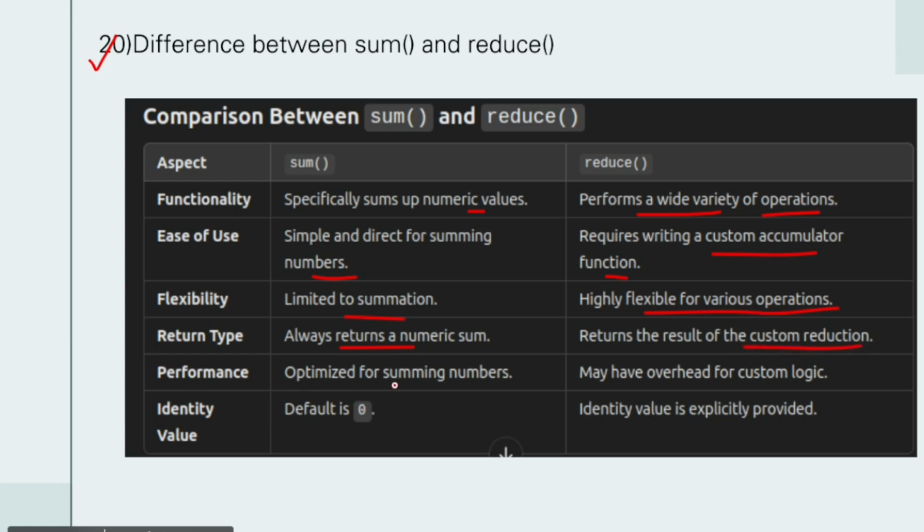Performance optimized for summing numbers, may have overhead for custom logic. Okay, the identity value: the default value is 0, and the identity value can also be explicitly provided. Okay, I know it is not understandable for you, but now I will show you some code so that you